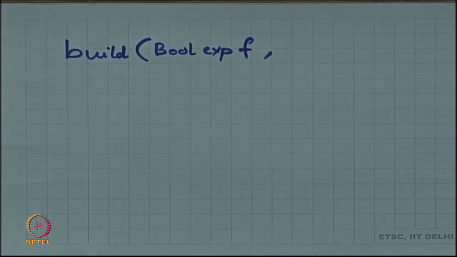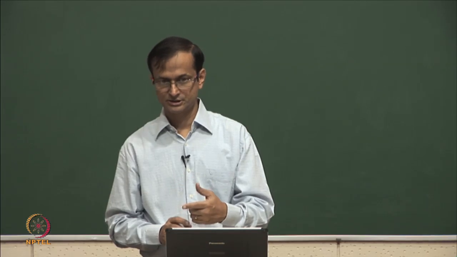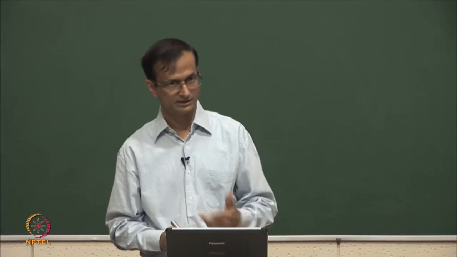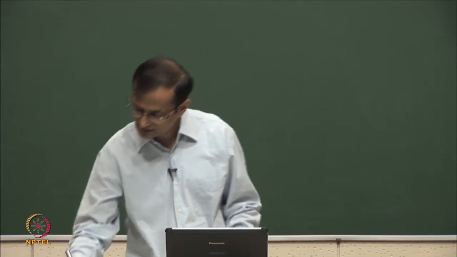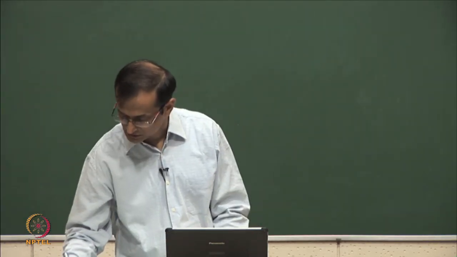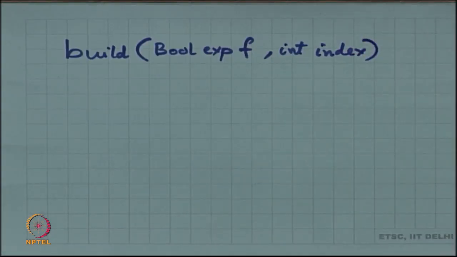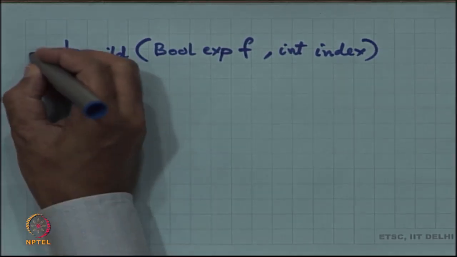To the BDD construction algorithm, I have 2 inputs. One should be that function itself, the other is the ordering. The ROBDD is dependent on the order. If it is ABC, I get some ROBDD. If it is ACB, I get a different ROBDD. So, that index, which is an integer, also has to be an input to the function. What it should return is a node